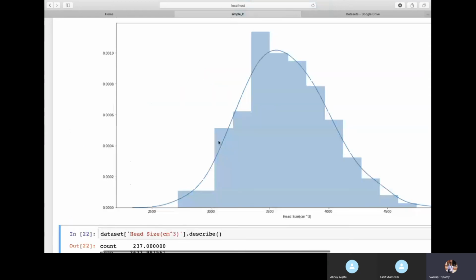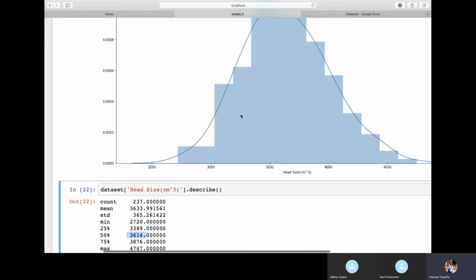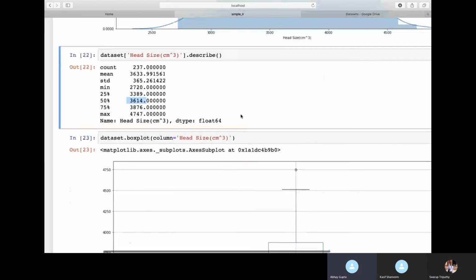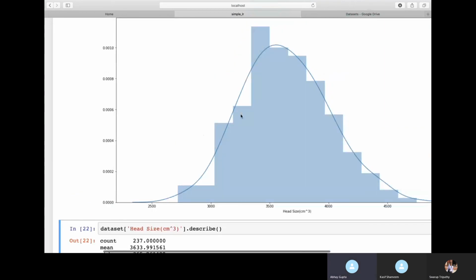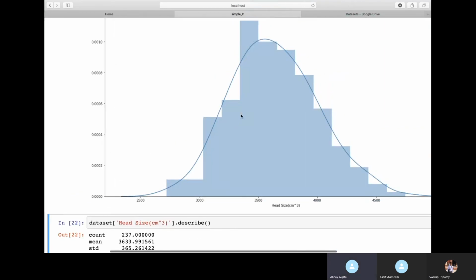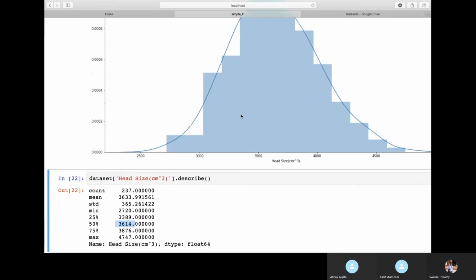Also here, what type of skew do you feel this is? If you do dot skew, you will find it's a left tail, so it's left skewed. Do you see more data towards the left side or the right side? Towards the right side it is more, I guess.